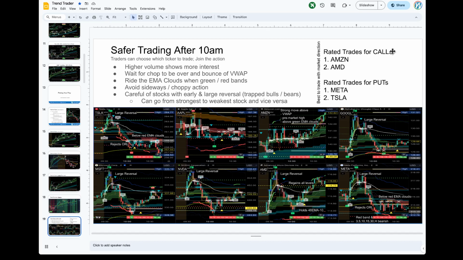And it's better to look at the way the market is moving. So if the market's going up, you want to find tickers that are good for calls, and vice versa. Now, obviously, if there's news, you'll find Tesla moves completely the opposite direction of the market, and that's fine. But those are trickier setups. You can play them, obviously. That's perfectly fine.